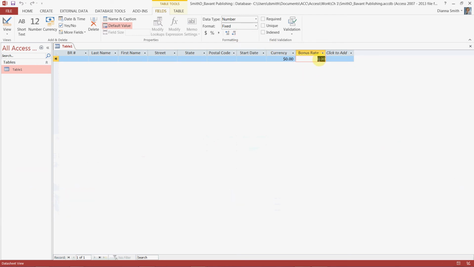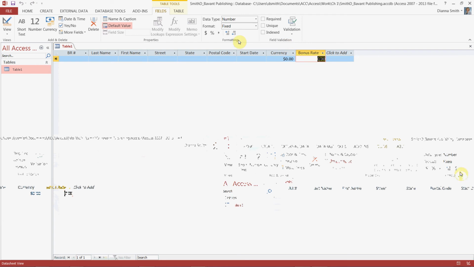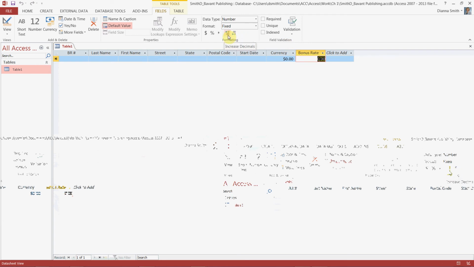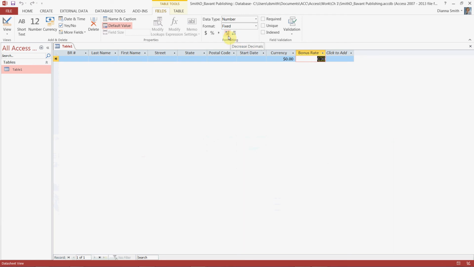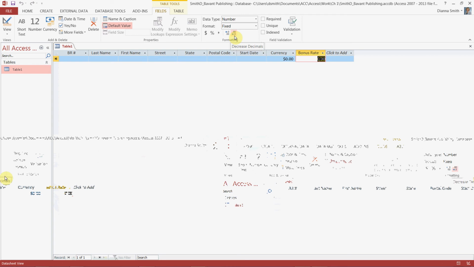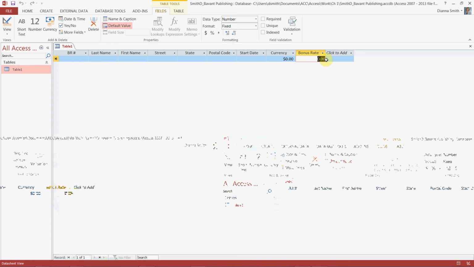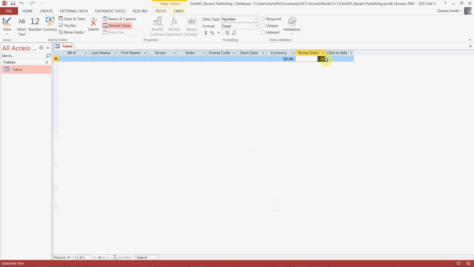So it is there at 2, but I want you to see that you can increase and decrease your decimals right here, just like you do in Excel. All right, excellent. So then it looks like we're done with that, and we say yay. And then you go back to page 15. Next, turn to page AC16, and to save the table, it's going to tell us to click on the Save